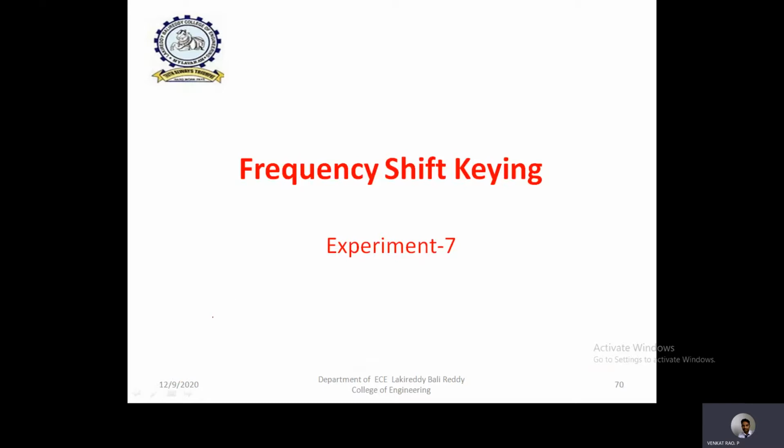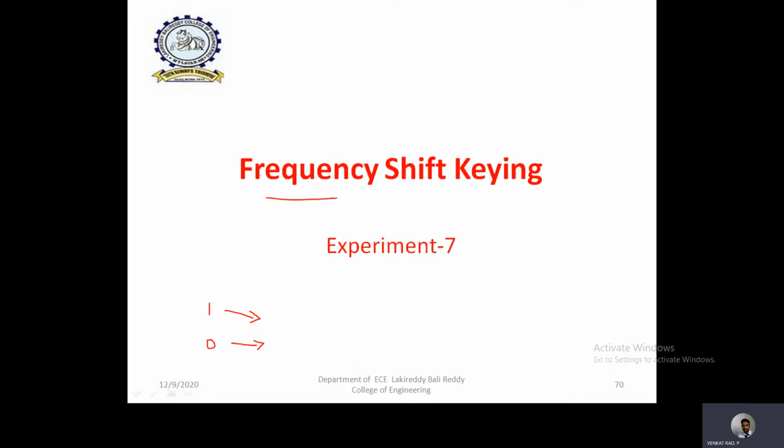So here the input to any digital modulation technique is digital data. Either it may be binary 0 or binary 1. Depending on the type of data input given to the modulation, the output of the modulation will be changed. If it is ASK, the amplitude of the carrier is going to be changed according to input 1 and 0, and if it is PSK, the phase of the carrier is going to be changed with respect to binary 1 and 0. But here it is frequency shift keying.